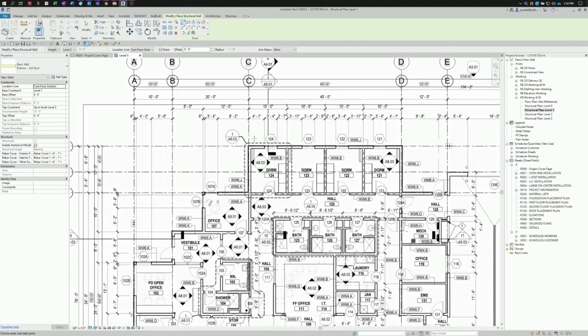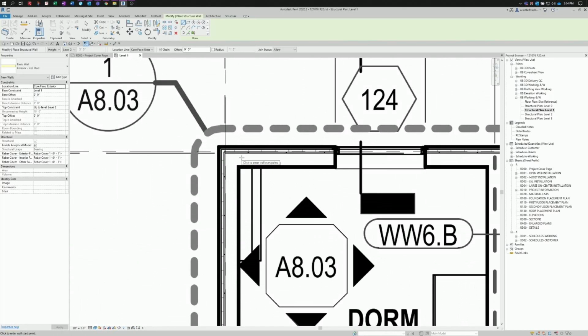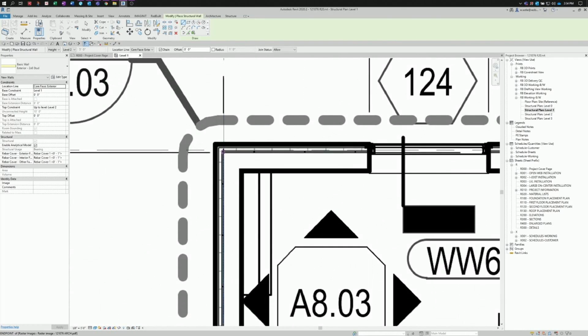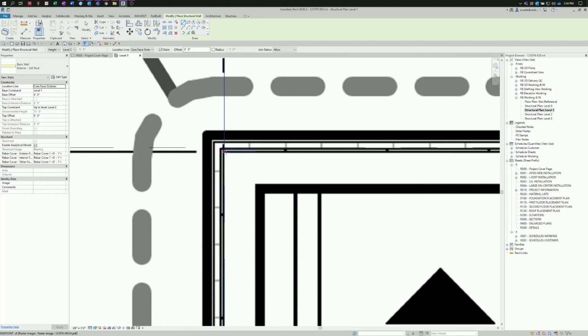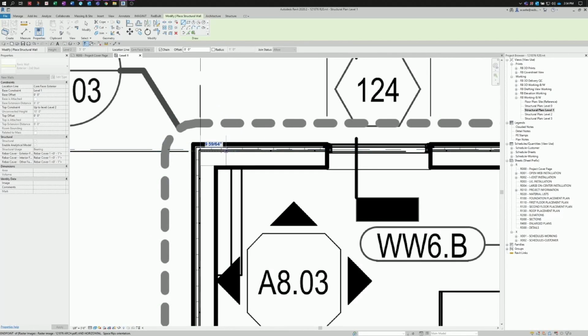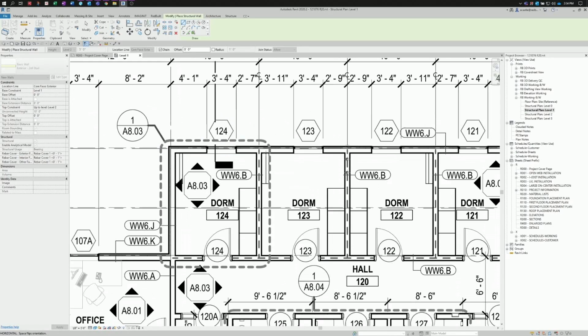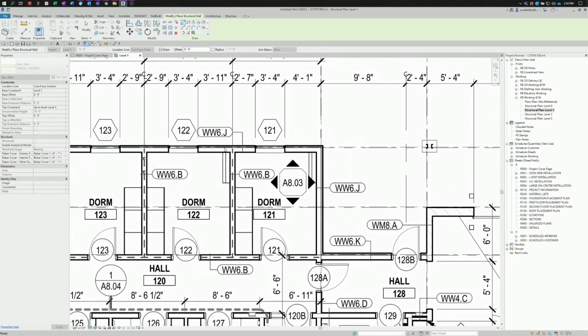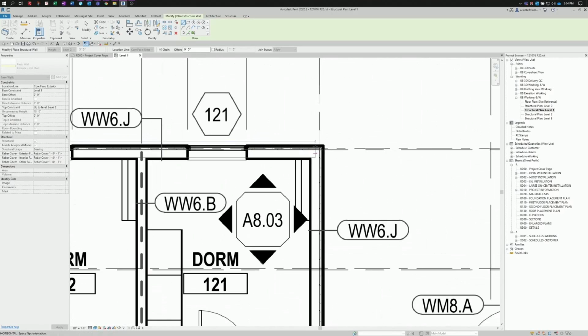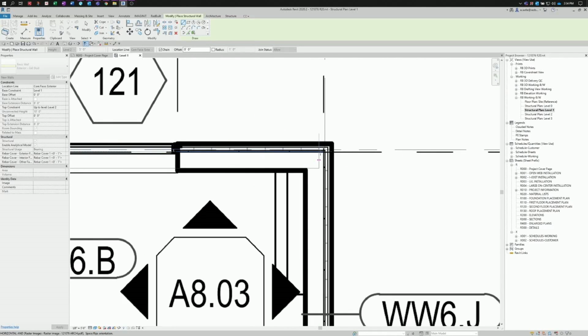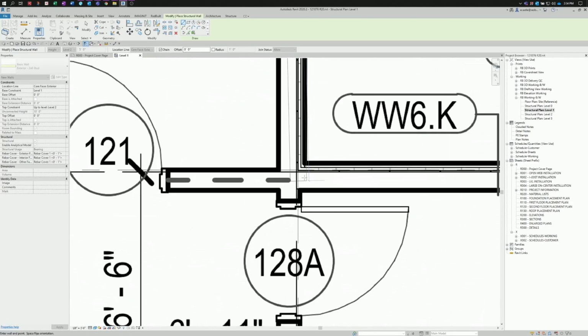So I'll start by zooming into a nice clean corner, and in here you can see all the different layers and the exterior sheathing. So I'm going to pick a point on the inside corner to start my wall. And as I drag it out, you can see it stretches along and aligns. Now we don't have to be perfect because this is just a sketch. And so I'll just be quickly selecting each corner of this wall